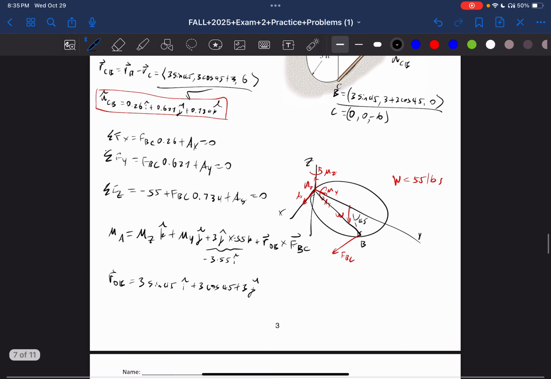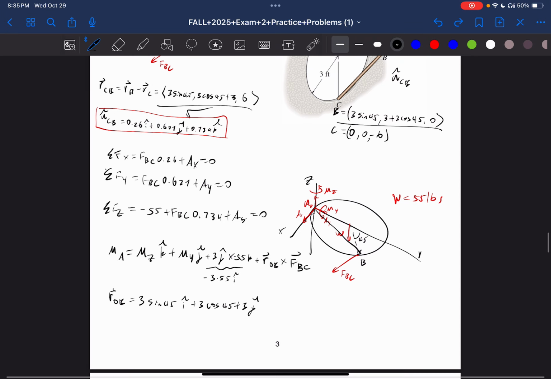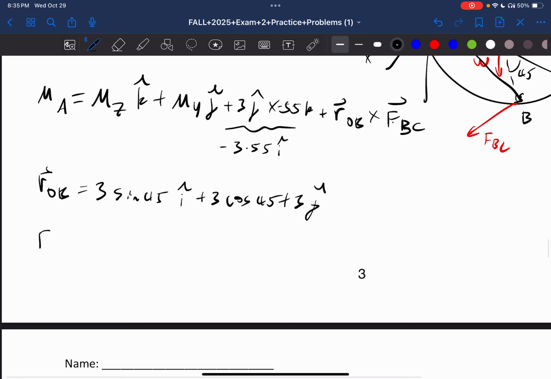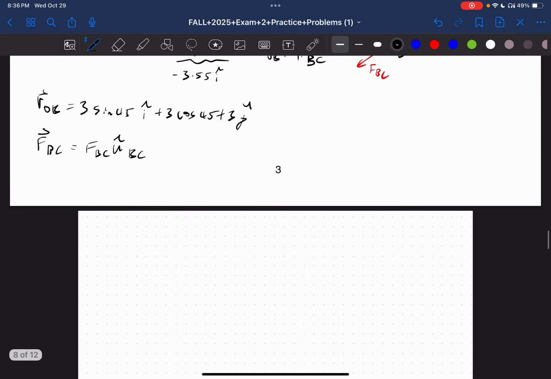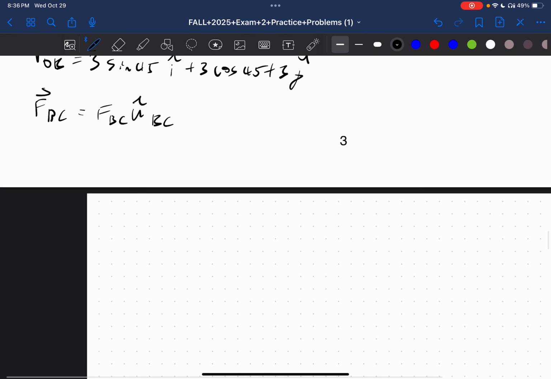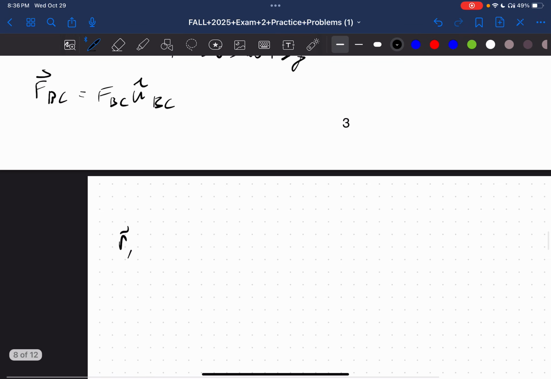Do we have that actually? We do. We have the unit vector, so we can just multiply. So we know that the force BC is going to be equal to the force BC times the unit vector BC. Okay, now that we have that, let's just write out R from A to B, which is the same thing as OB, which is right B, assuming that A is the origin, obviously. Cross